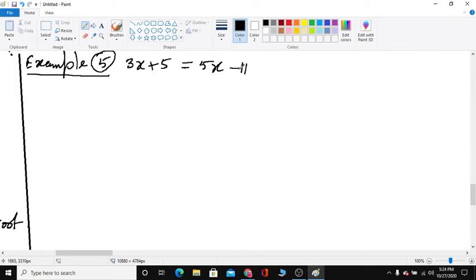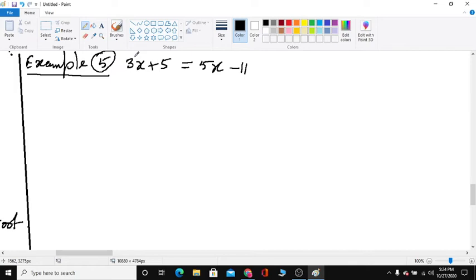Now here how do we solve the equation? You have to remove the right hand side x term 5x. Only variable x should be there in the left hand side, children. Both sides x terms are there. So first we will remove this right hand side x term. Only one variable should be there in the left hand side. So how do we remove this 5x?